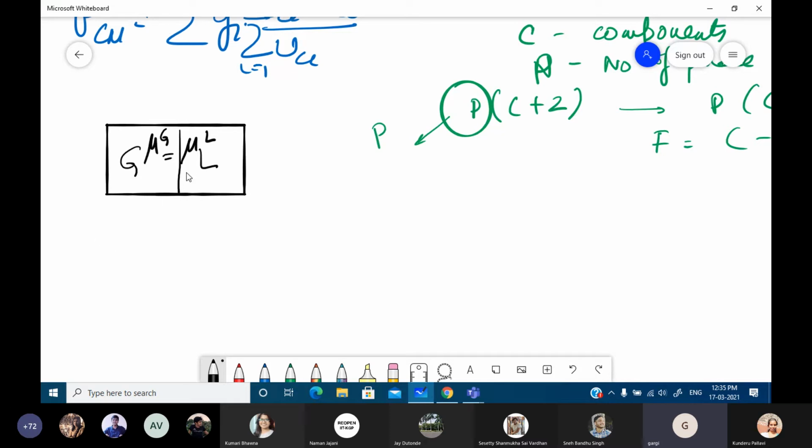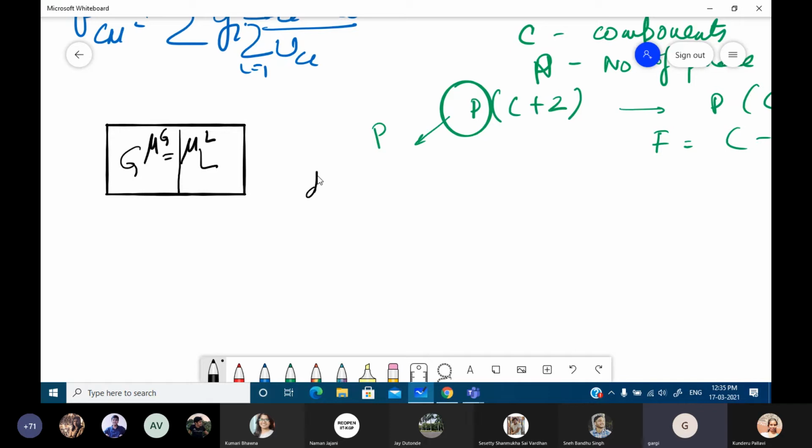So if you have to find out whether they are equal or not, you have to find some way of calculating mu gas, some way of calculating mu liquid, and then find out which one is greater. If mu gas is greater, then mass transfer goes in this direction. If mu liquid is greater, mass transfer goes in the opposite direction. This continues till the two mu's are the same. So there has to be some way of calculating the mu's.